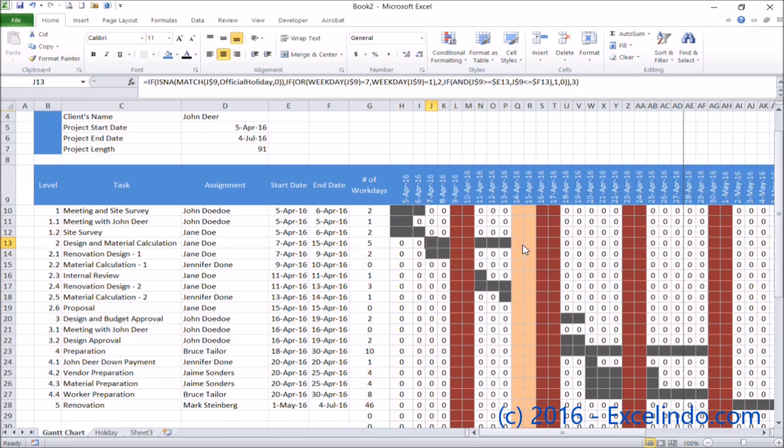Okay, here's the result. Your Gantt chart is finished now. You can prepare the spreadsheet for printing now.